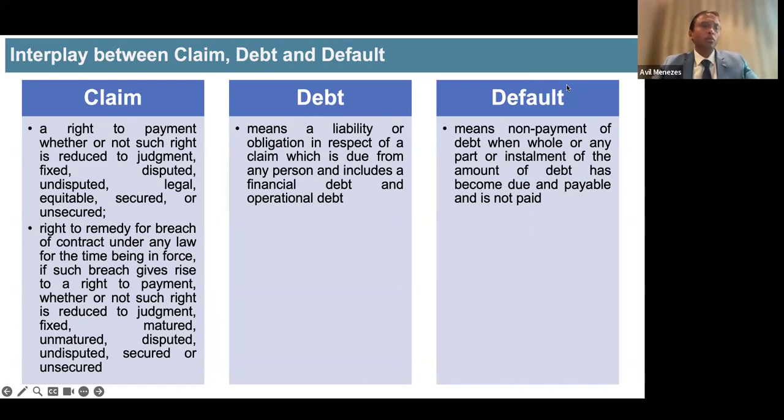So I'll give you an example now. A company which entered into a corporate insolvency resolution process, as on the insolvency commencement date, there were a lot of claimants: financial creditors, operational creditors, workmen, employees. Now, let's assume the company is non-operational. If the company is non-operational, then what would change largely is the financial creditor claim, which is interest. There may be operational creditors who would have clauses of interest in their invoices. So if there are contractual clauses of interest, even those clauses will have to be incorporated. So that interest will also have to be admitted as on the liquidation commencement date. So largely it would be interest.